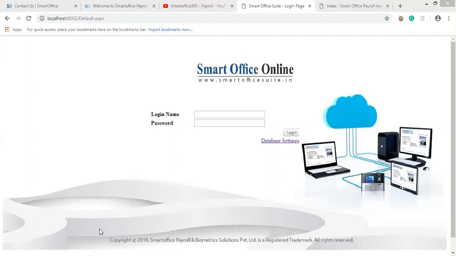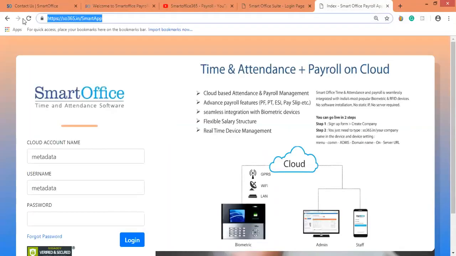The cloud application is also a centralized application where we host the application on our server. That means we maintain the server and the SQL from our end, so it will be safe and secure. You'll just get a URL, and through that URL you can access the application in a different location and a different network.